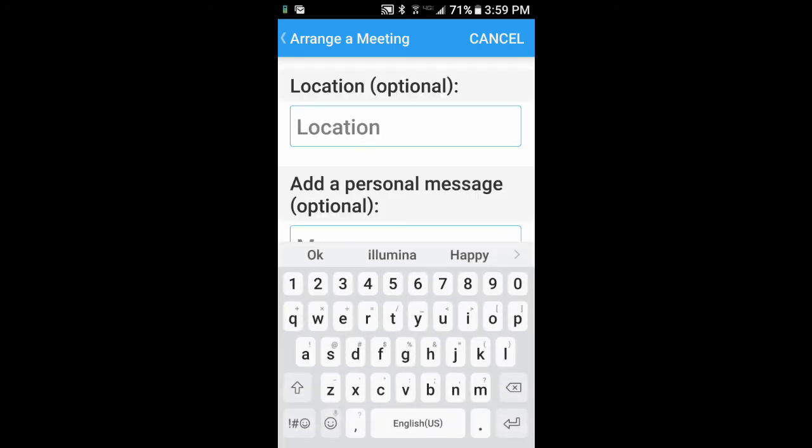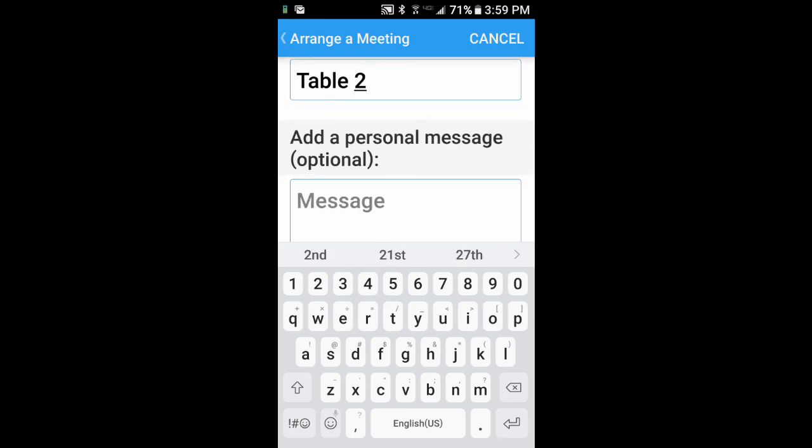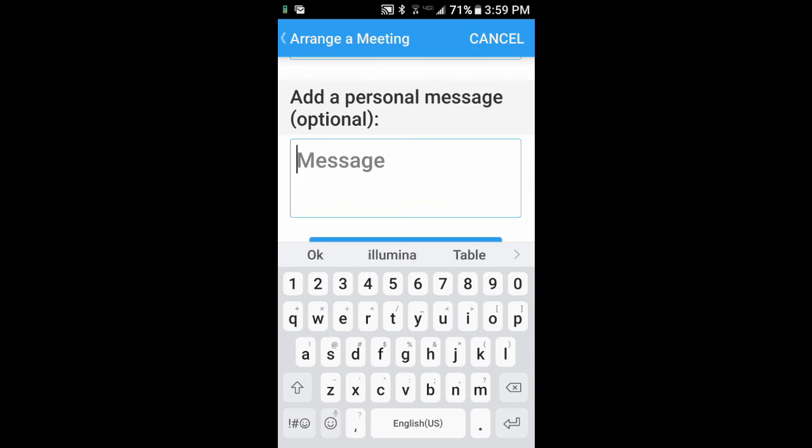You can add another one, again July 26th, and then you'd want to make this one later, maybe 6 p.m. And remember, you're going to want to eat dinner. For location, you can put that in if you want to figure it out. My last name starts with a C, so I know that that's table 2. Oops. So I put that in, but we'll help you with that.